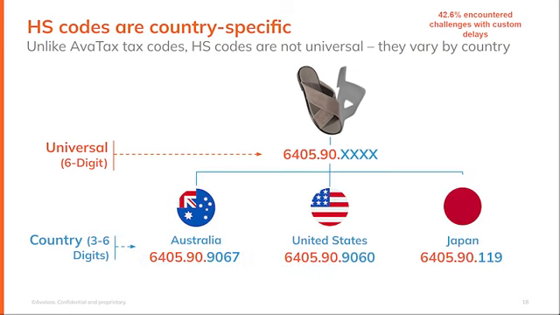And it's through the HS code that countries control what is coming in and out of their country, but by doing that, they apply different duty rates. So as you can see for the example of this product, to Australia, US, and Japan, even though it's the exact same product, there are different duty percentages applied. So in order to really try and overcome the issue of customs delays, one of the first things I would say to you as a business is look at your HS codes as starting points.